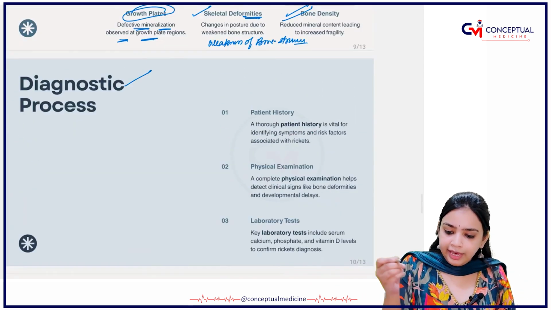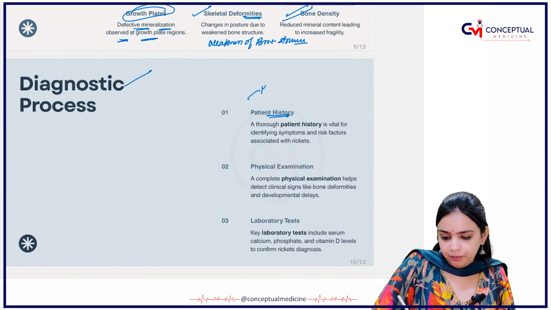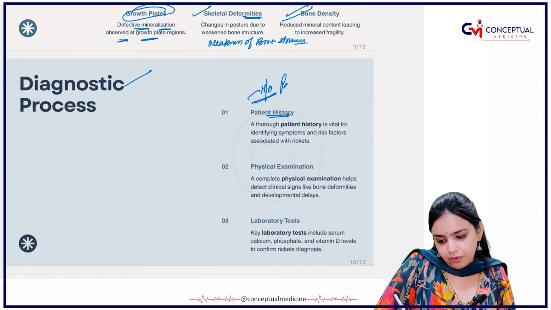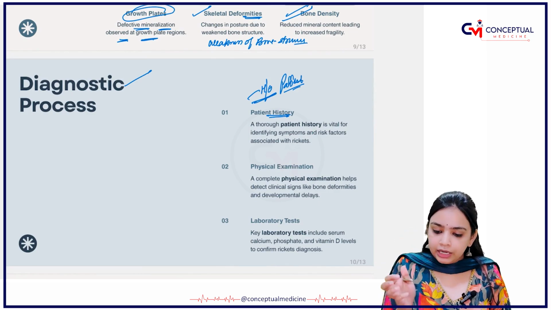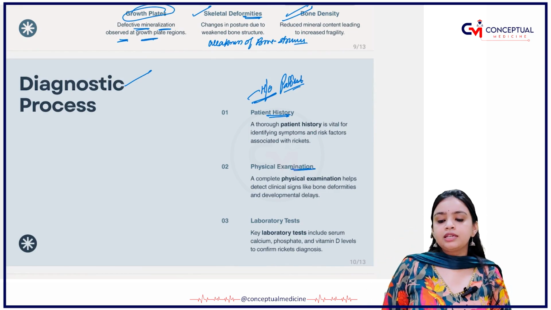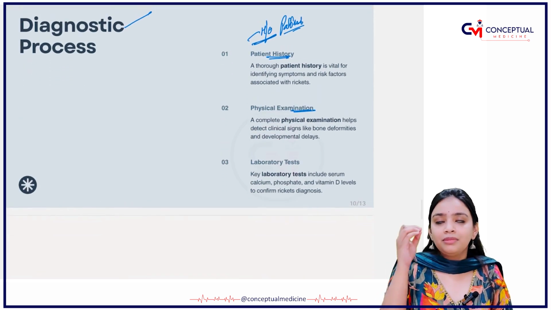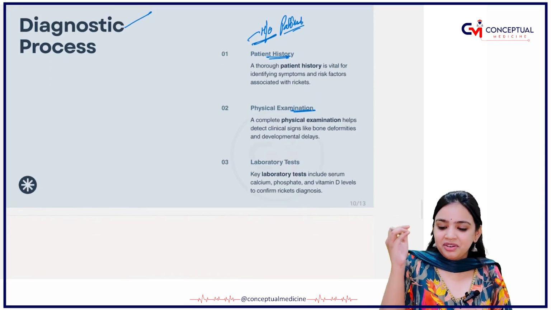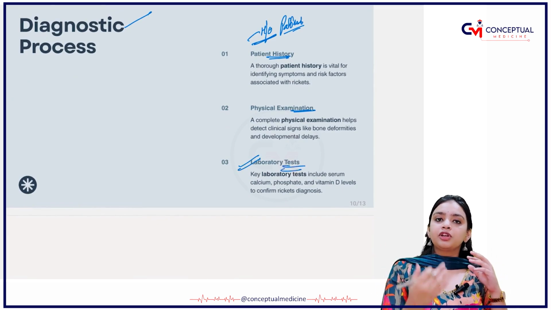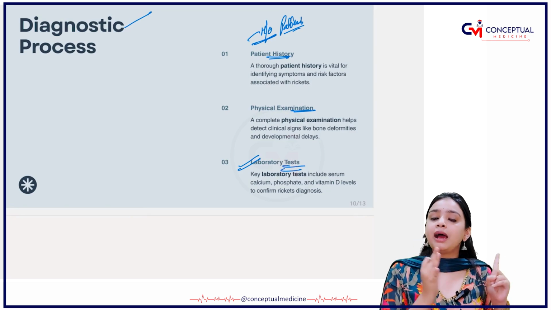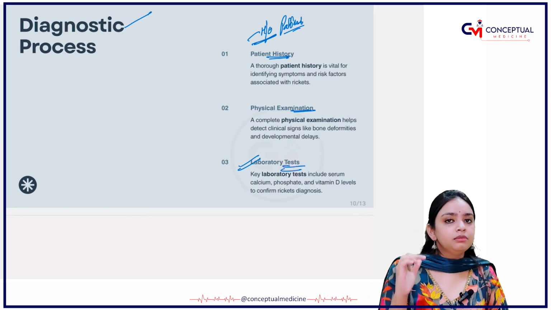Next, what are the diagnostic procedures? Firstly, you have to take the history of the patient. A very thorough history should be taken. Then you have to do the physical examination of the patient. You have to check the density of the bone. Then you have to take the laboratory values. In the laboratory values, vitamin D, calcium, and phosphate will tell you what exactly the problem is,